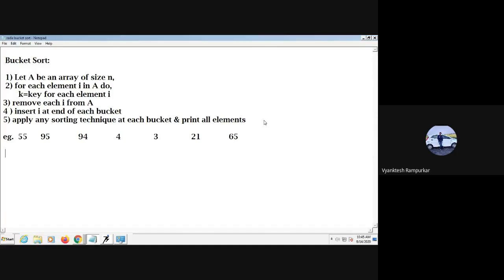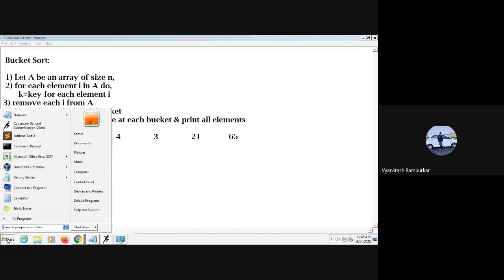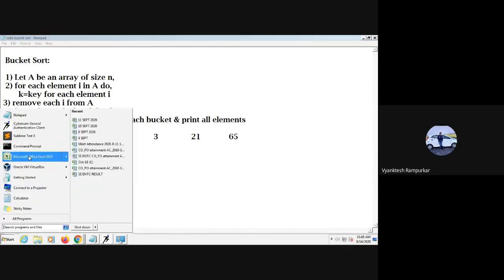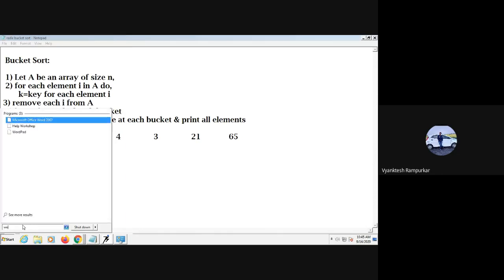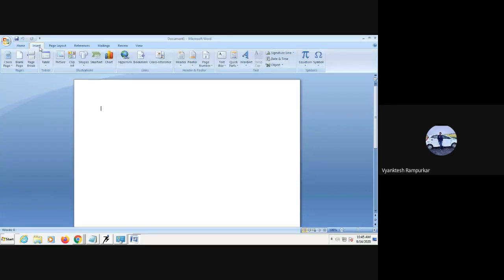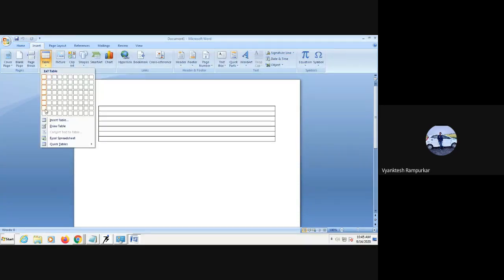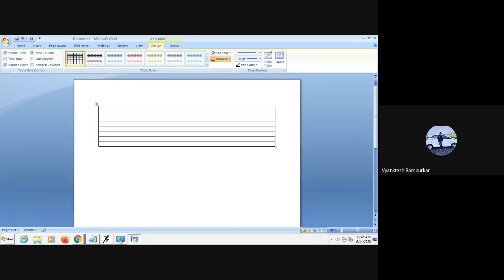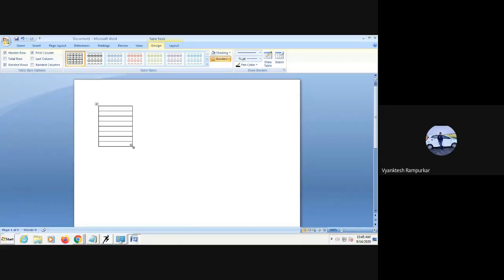Here I make use of Microsoft Word to show the buckets. So I just insert a table. These are nothing but the buckets. This is the zeroth bucket, next first bucket, second, third, fourth, fifth, sixth, seventh, eighth, ninth.